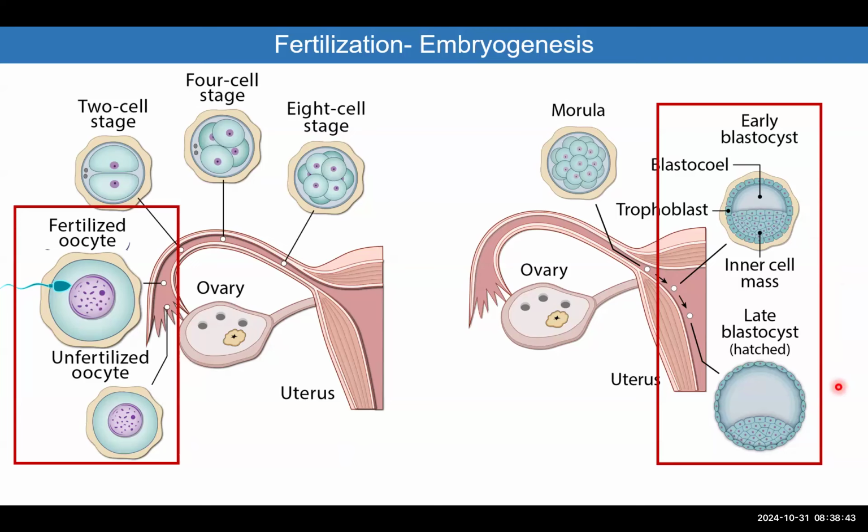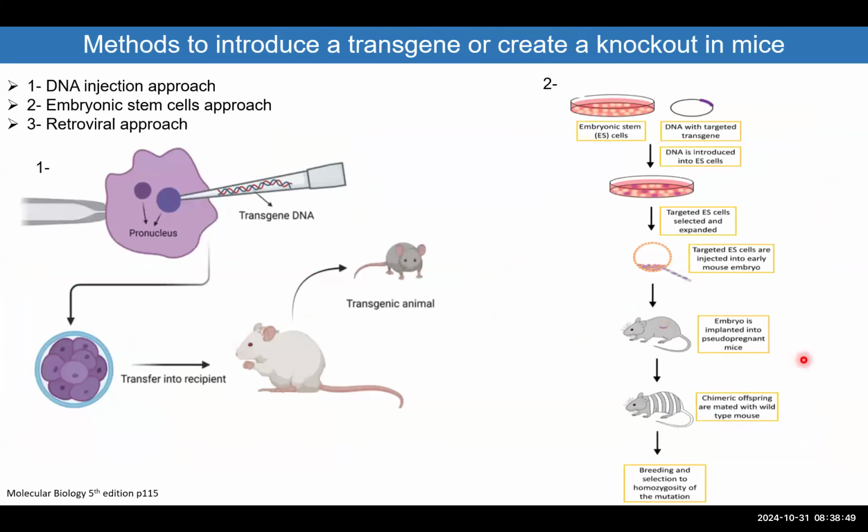So most of what I will describe today is going to be using the embryonic stem cells. Just to remind you, for those who were not in the lecture last time, or probably didn't review the material,